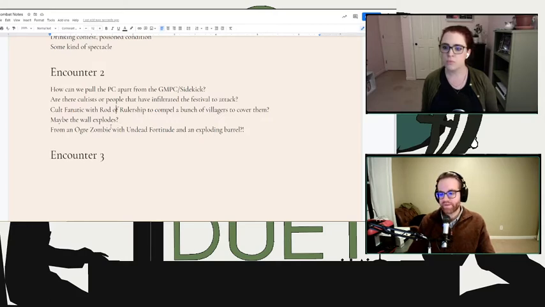Like there's a direct immediate threat that looks like it has a pool of hit points that's coming at the wall. And here's this other potentially more complicated threat, something's going on with the villagers. Kind of simultaneously two crises. And then however that resolves into encounter 3, where we want to bring in Rodian